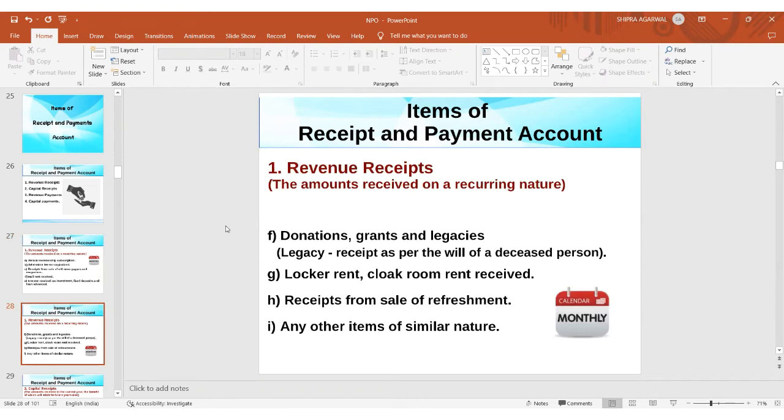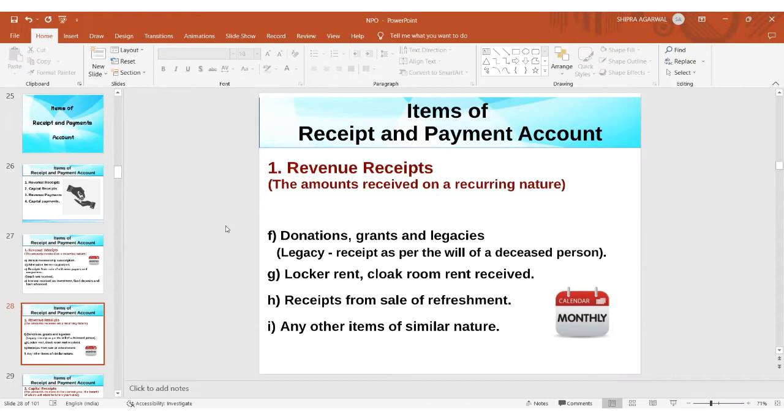Then maybe further, you might have certain donations, grants and legacies, right? So all these again will be counted as your revenue receipt. Then locker rent, cloakroom rent received, maybe receipt from sale of refreshment, any other refreshment means, because if you have a cafeteria, people are going to come and have their maybe lunch or maybe snacks or some of the other things. So as a result, whatever refreshment they are buying over there will ultimately further add to the receipts of the